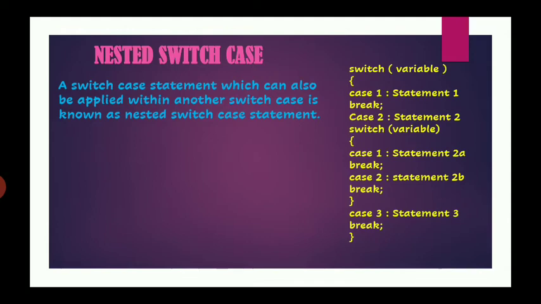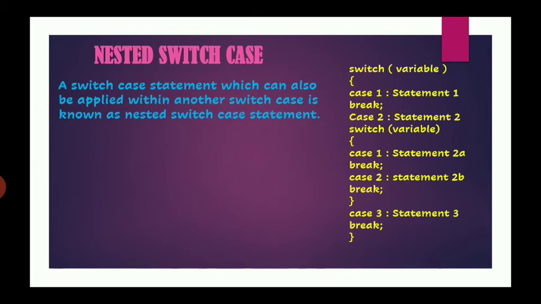Then there's another switch variable. If anybody chooses case 2, they will enter inside the another switch variable which is called the nested switch variable. And if inside case 2, if anybody chooses 1, then it will display statement 2a, or if you choose case 2, then it will display statement 2b. If neither case 1 nor case 2 is chosen, then automatically it will go to case 3 and it will